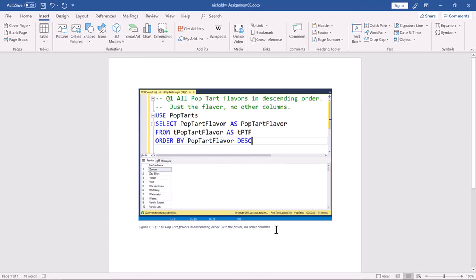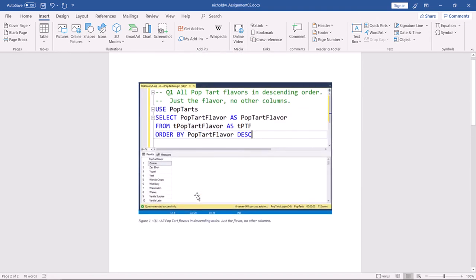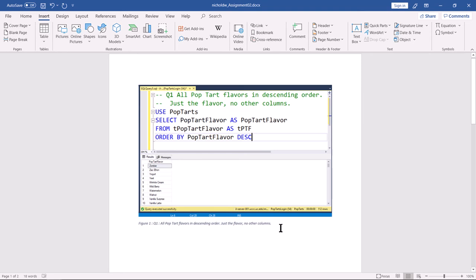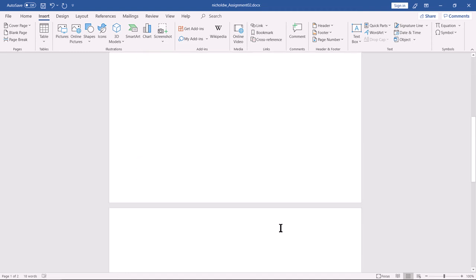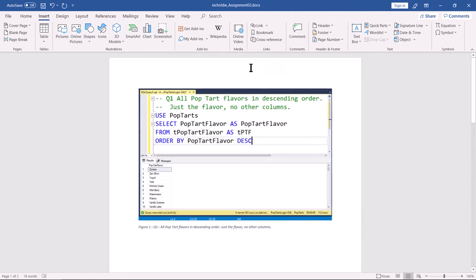The last thing to do then is to insert a page break, and the next query goes on the next page. One query per page. Make sure that the caption follows the figure. Don't put the caption on a separate page. If the figure gets too big, make sure the caption follows the figure, and just continue on that way to solve all the queries. And of course, before you turn this in,